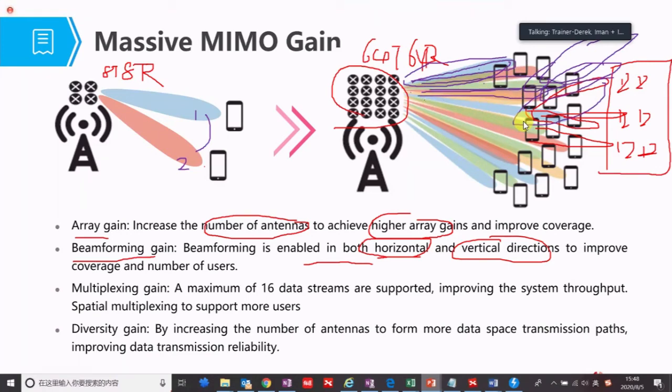Okay. I have another question. Can you know what is the capacity of one beam? Like how much bandwidth can it give? One beam can support how much bandwidth? You mean the layer? The layer is a parameter, like a maximum. 16 data streams are supported. For example,